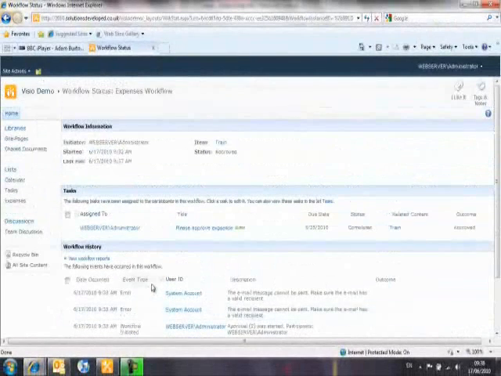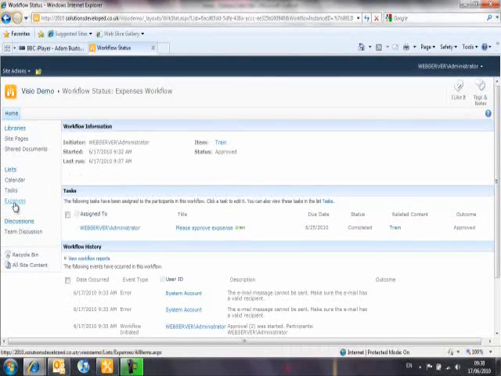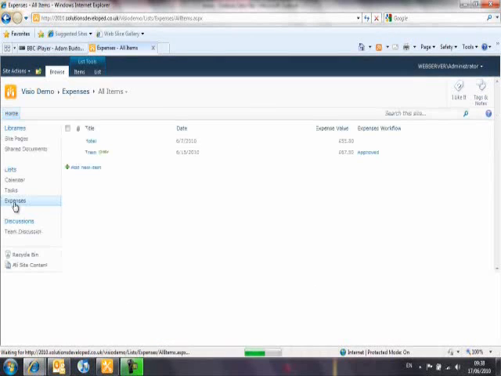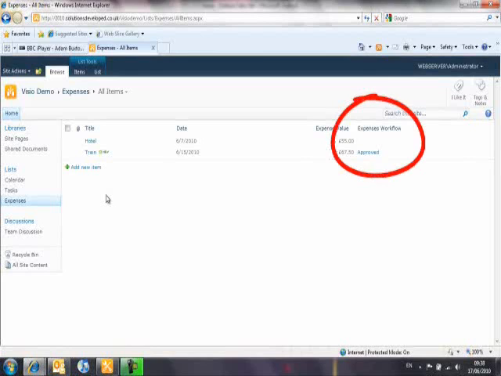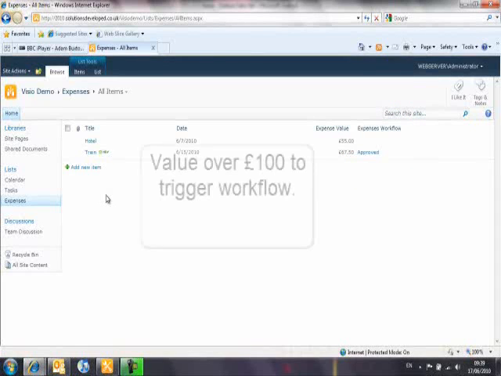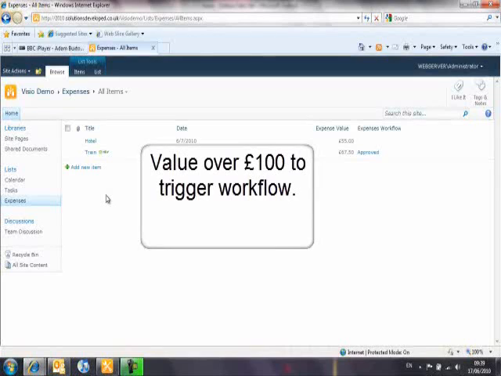If I now go back to my expenses list, we see the train item that I was seeking approval for, the expense workflow column has now been set to approved. I'm now going to add a second entry to my list, and this entry I'm going to set the